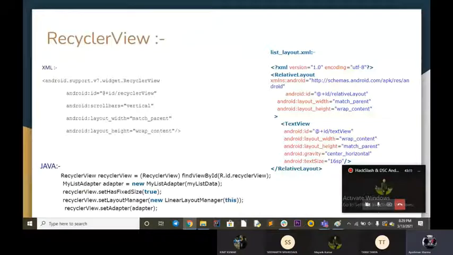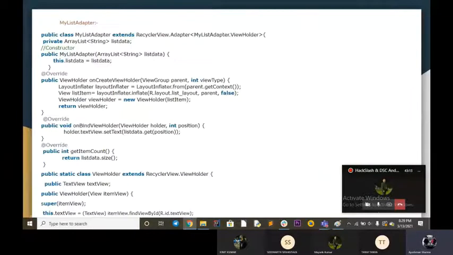Then we have the code for the list view adapter. This can be overwhelming right now, but it will be explained in detail in the next session. So that will give you a clear idea about what the list adapter is. Simply assume it as what we get as list data. It manages all the data on the screen and shows it. So here we are getting the data in the form of an array list. This list is defined. Then we have a few functions like on create view holder, on bind view holder, get item count, and we have a static class of view holder.